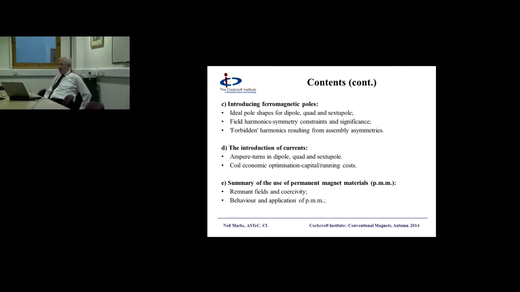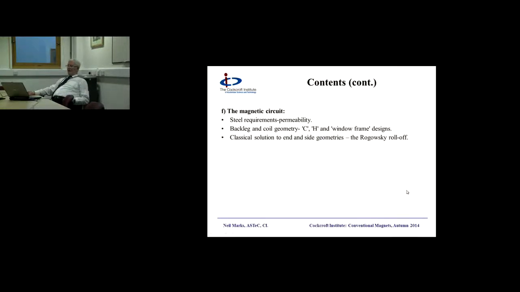We then come on to the new issue that I'm introducing for the first time, and that's the summary of the use of permanent magnet materials. Defining first of all the remnant fields and the coercivity, and then the behaviour of the permanent magnet materials, which dominate how you can use them. And then finally, we